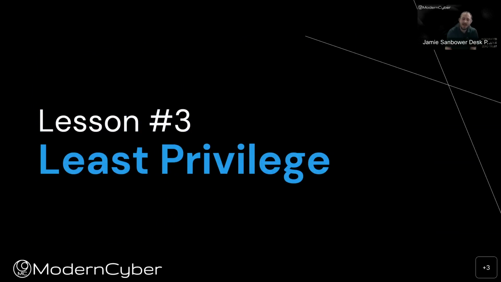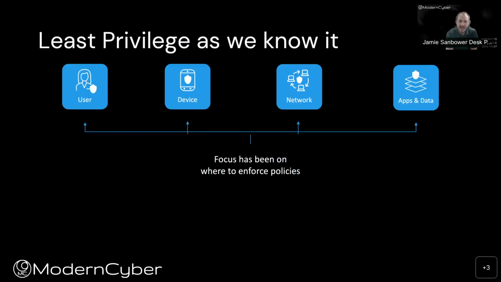Now, lesson number 3 is one that I always laugh about a little bit, which is least privilege. Least privilege is a term that's used quite frequently, and in reality, it just means to restrict the level of access to a need-to-know level of access. Now, it's very variable in the sense that least privilege for access to a specific URL is not incorporated very often. We still use things like URL categories to apply policy to sessions that are accessing the public internet, for example. In firewalls, a lot of times you'll have more broad allow rules.